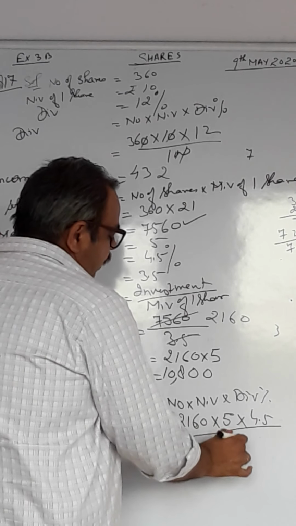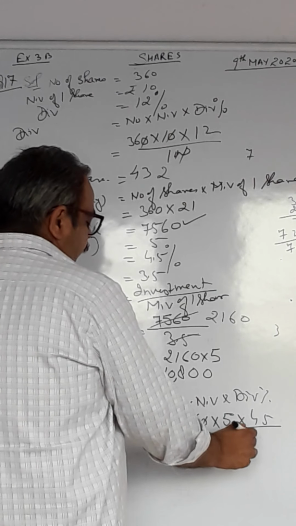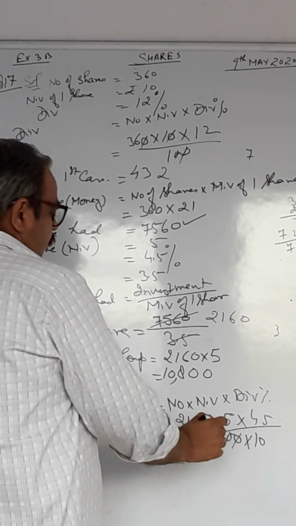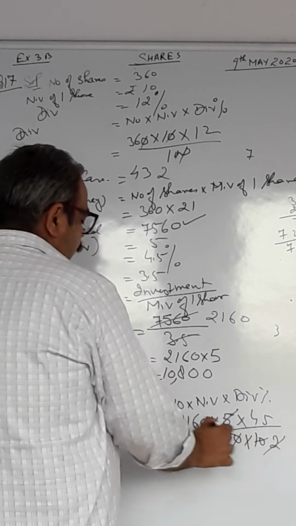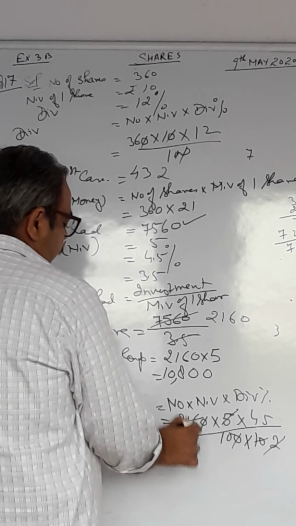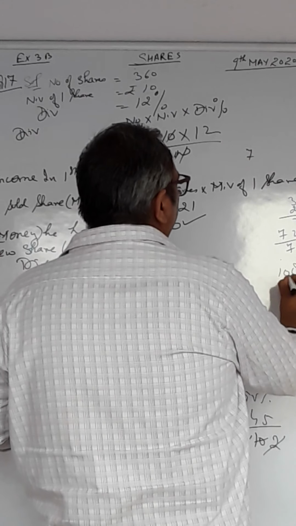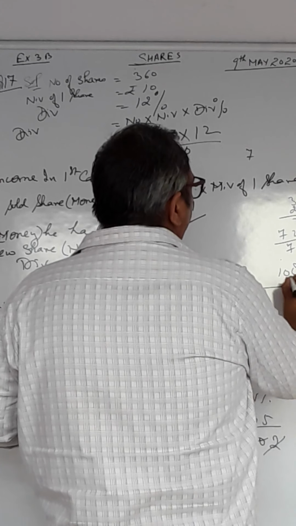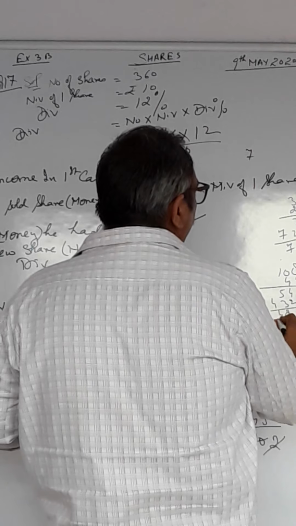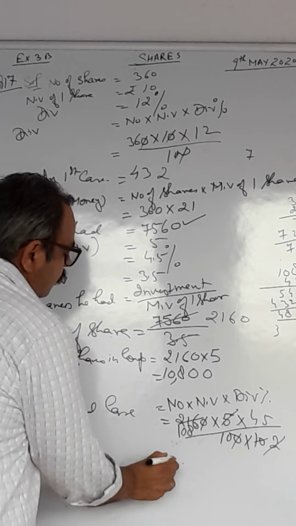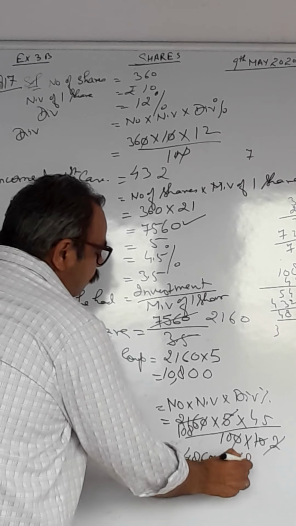4.5 upon 100. Please check these values. 0, 0 cancel. 45 into 10 you do. 5 twos are 10. 2 cancelled by 1, 0, 8. 108 into 45. 5 times 8 is 40, 5 times 5 is 25... 4 times 8 is 32, 4 times 1 is 4. 4860 upon 10. 10 can cancel, so 486 rupees.